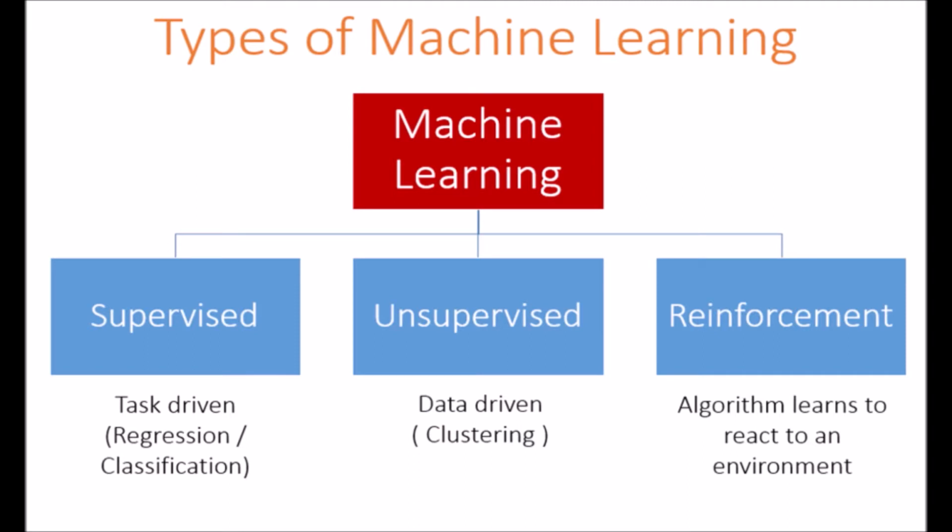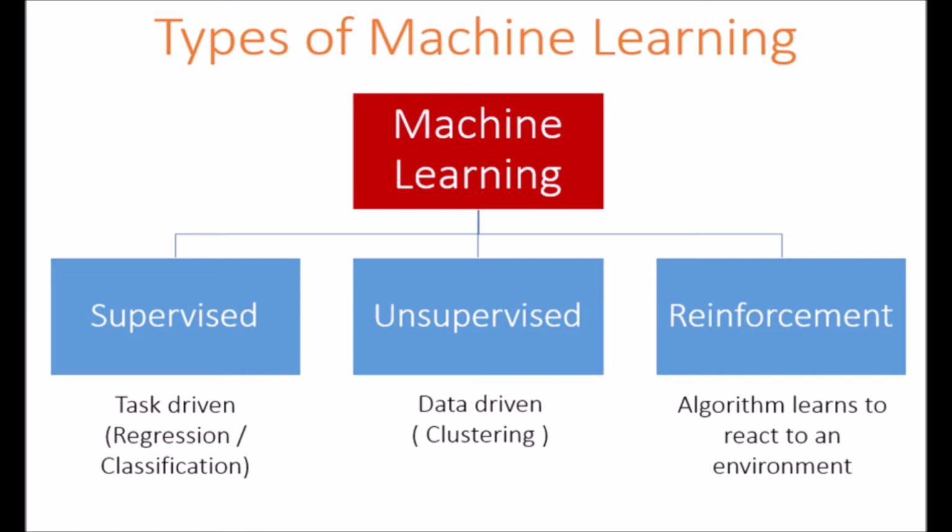Machine learning techniques can be broadly classified into three types: supervised learning, unsupervised learning, and reinforcement learning. In the supervised learning technique, we provide the algorithm with an input-output map. For every input, an output is defined, and this type of data is also known as labeled data. To better understand this, let us consider an example.